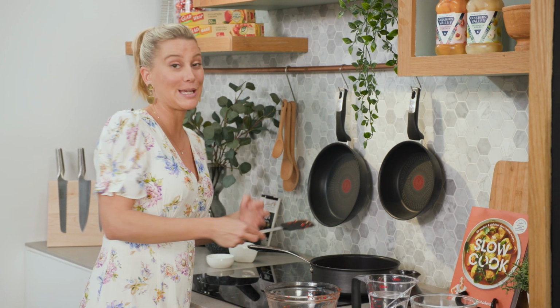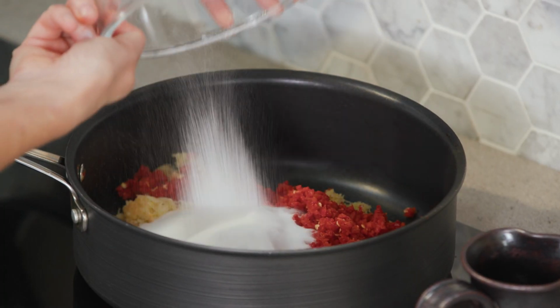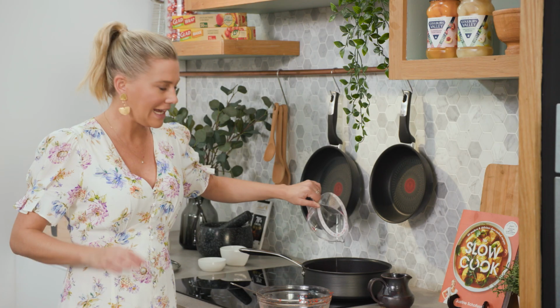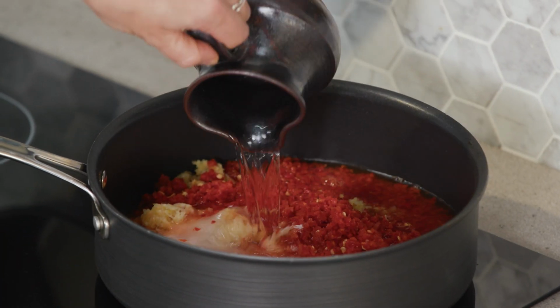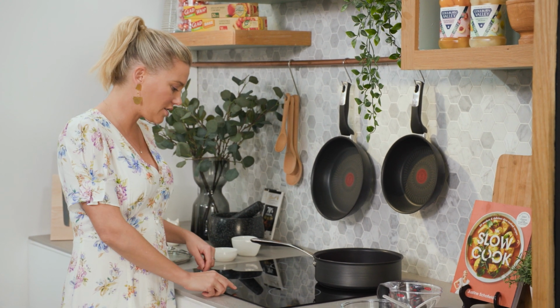And because it is a sweet chili sauce, we need some sugar. So caster sugar, about 150 grams, and vinegar to balance it out. So a good amount of that goes in. It does look like a lot, but it does even out with that sugar. A splash of water. And now this goes on a high heat, and this is going to come to the